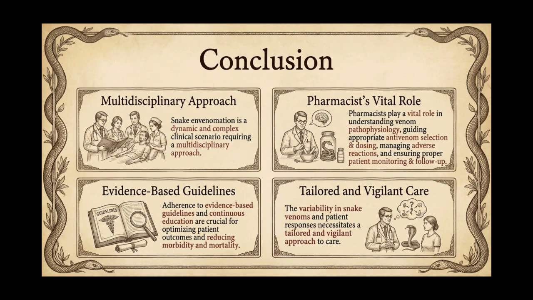Hemorrhagens, a type of metalloproteinase, can damage blood vessel linings directly, promoting bleeding, while necrotoxins cause local tissue destruction and necrosis. The severity and type of clinical effects depend on the species involved, the amount and potency of venom injected, the bite site, and individual patient factors such as age, health, and previous exposure.